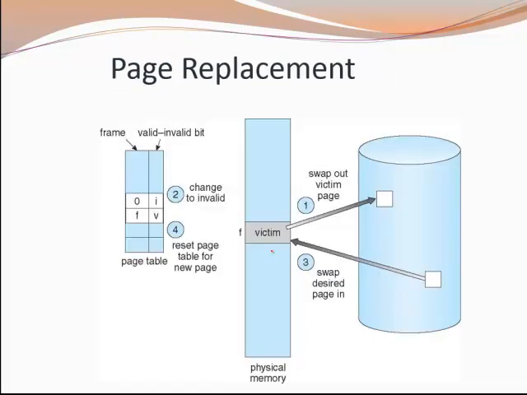This is also a diagram through which we are trying to discuss page replacement. Suppose the operating system generates a logical address, and along with that logical address, the frame is not available. That means a page fault occurs. Then what happens? The victim page is selected, that page is swapped out of memory, and at that time this page table is also updated, as we discussed in the previous example, and the new page is swapped into physical memory, and this page table is also reset, so that when the CPU generates the next logical address, we can map that logical address to the physical address with the updated page table.